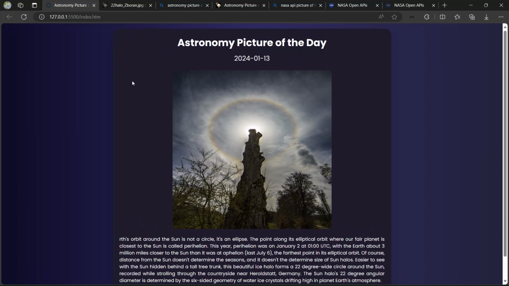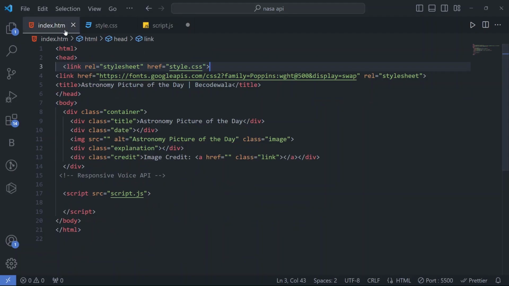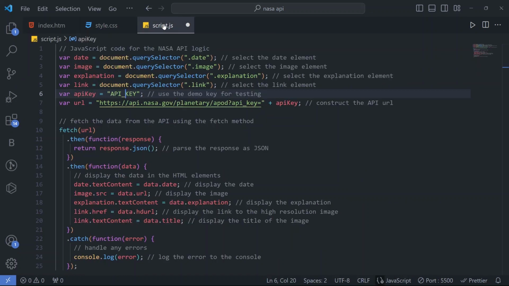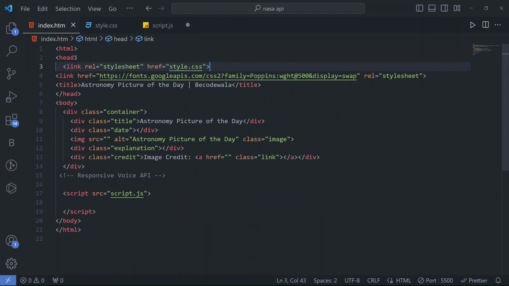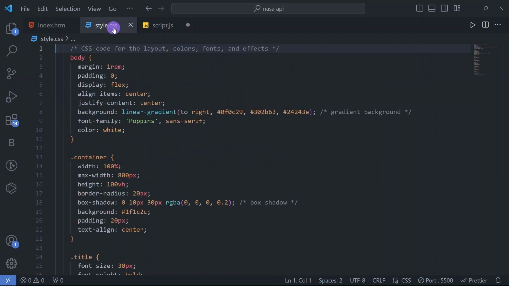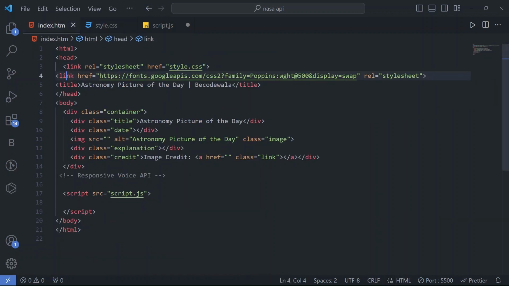So let's get started. Come to our VS Code. Here you can see that we have created an HTML file, CSS file and JavaScript file. First of all we'll go with the HTML file. In the HTML file we have linked our style.css file, and then we have linked the font family Poppins. Then we have the title